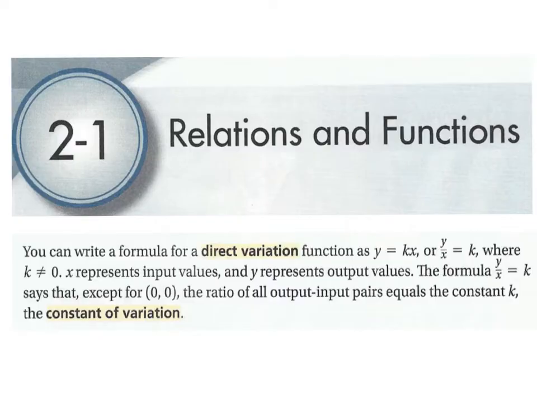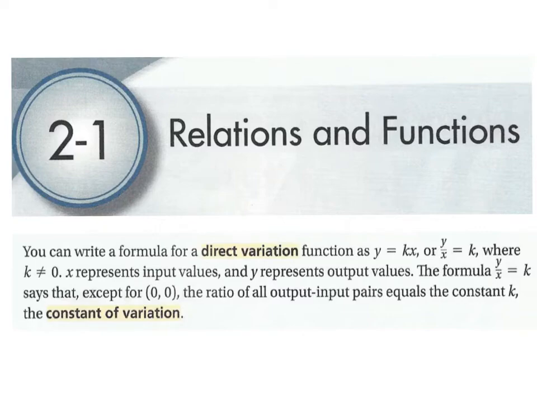You can read here that the first thing that we're going to talk about is direct variation. And if you see over here, you can see that it is this formula right here, y equals kx. You could solve for k if you wanted to and get y over x equals k. And you could solve for x if you wanted to, and get y over k. There's all sorts of ways that we could solve, just like we did in the last chapter. We call the k in this equation the constant of variation. And we're going to have to be able to find out what that constant of variation is coming up in